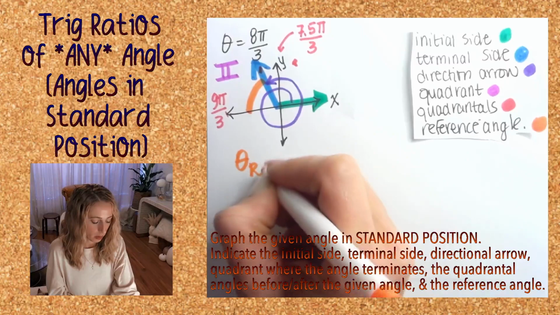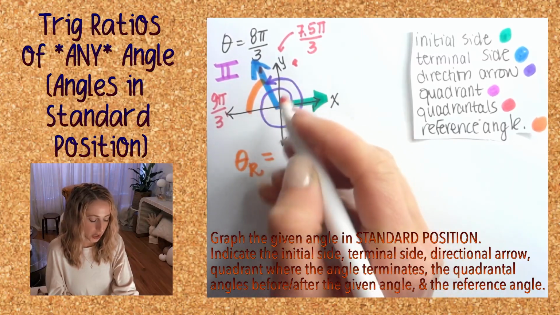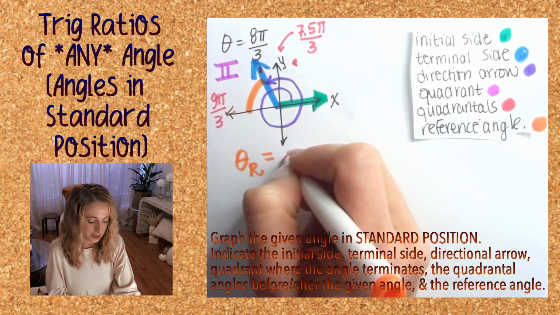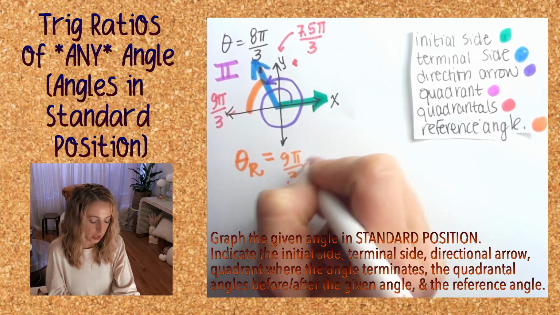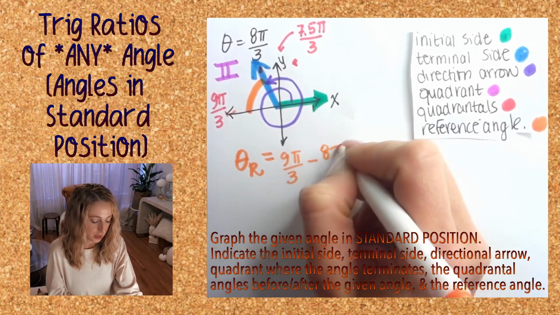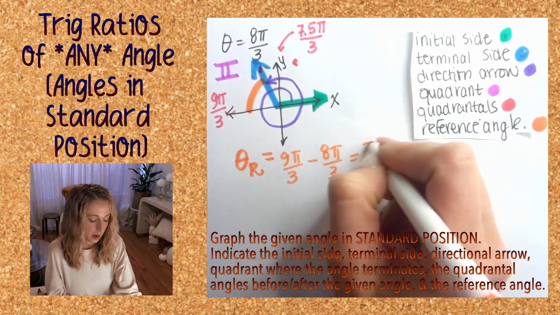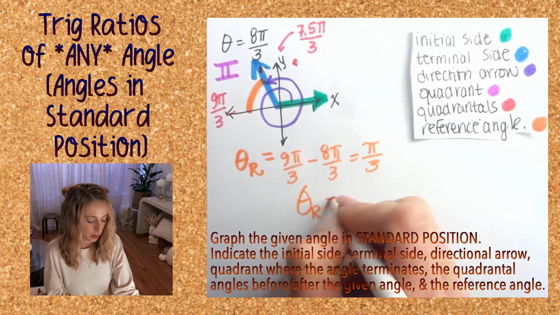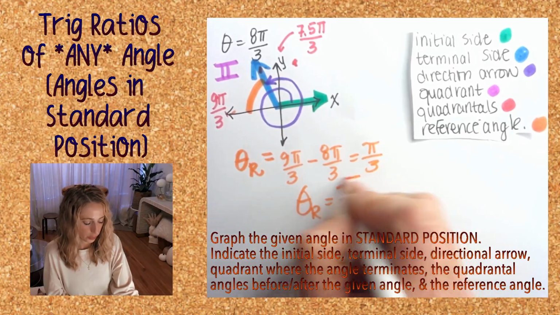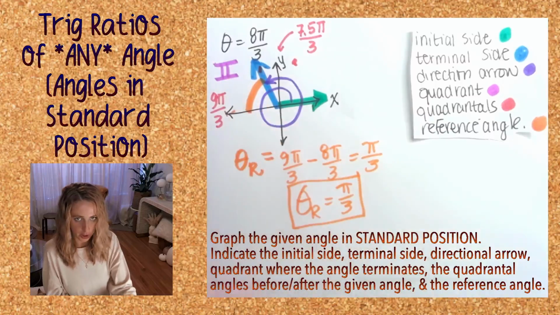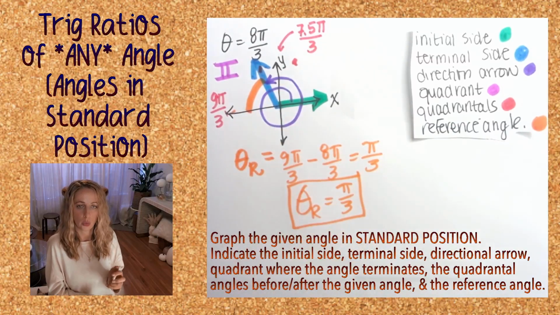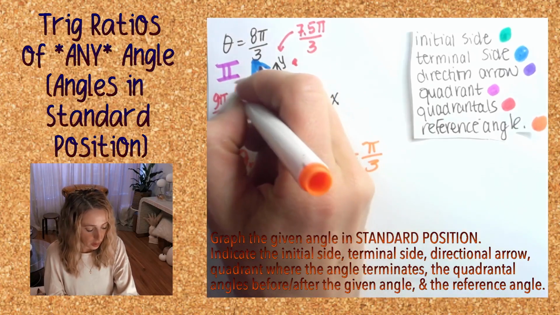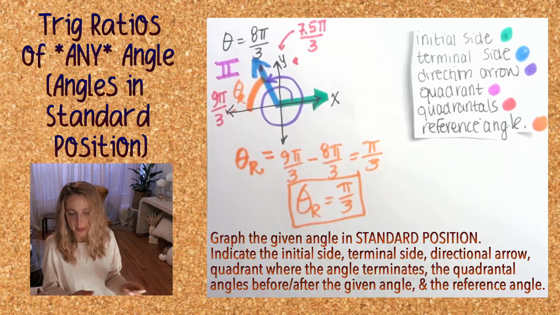Theta sub r equals. So for this quadrant, what you do is you're going to do your angle here, which is in this case 9 pi over 3, minus your given angle, in this case 8 pi over 3. And that gives you 1 pi over 3 or pi over 3. So our reference angle is pi over 3, and I have that marked up in orange on my picture and in orange down here. If you aren't color coordinating, then you have to indicate somewhere. If you're not using color, you have to call it like theta sub r. Okay,